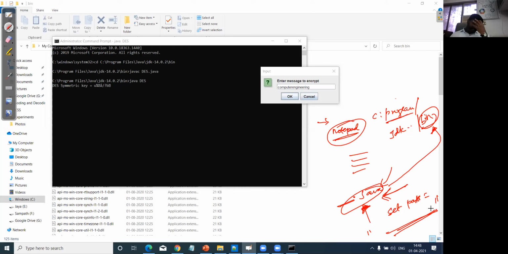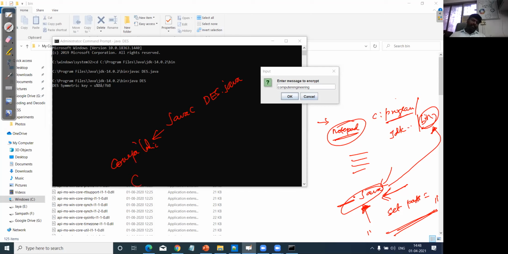Through the path setting, it will directly take the program from there and do the compilation. This is the command: javac, the Java compiler, followed by the file name dot java. My file name is DES.java. This is for compilation.